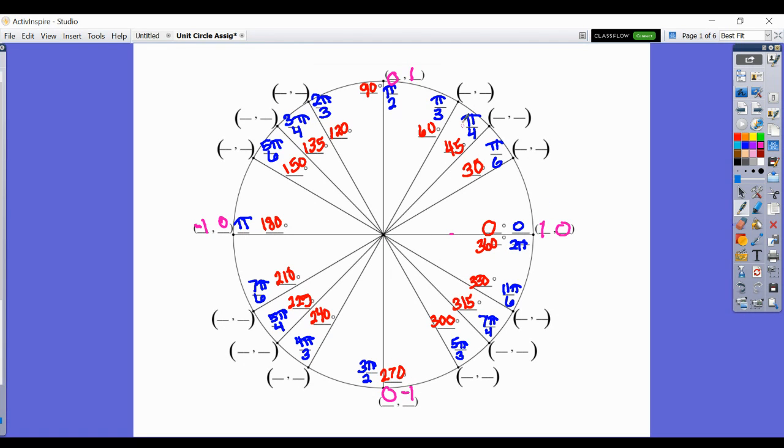Now for these points up here, the length 1 is the radius. So what I'm trying to find is how far did I go to the right and how far did I go up to get to that point. Now you can see that this is a 30-degree angle right here, which you're probably familiar with, a 30, 60, 90 right triangle. So in here I have a right triangle, and my hypotenuse of that right triangle is a